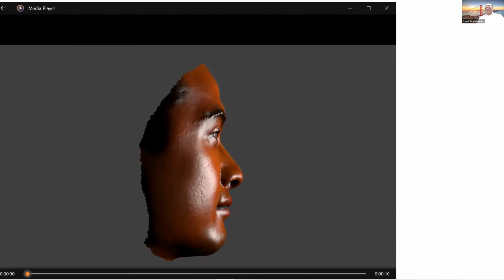This face reminded me of a movie I watched last week, called Ant-Man and the Wasp.